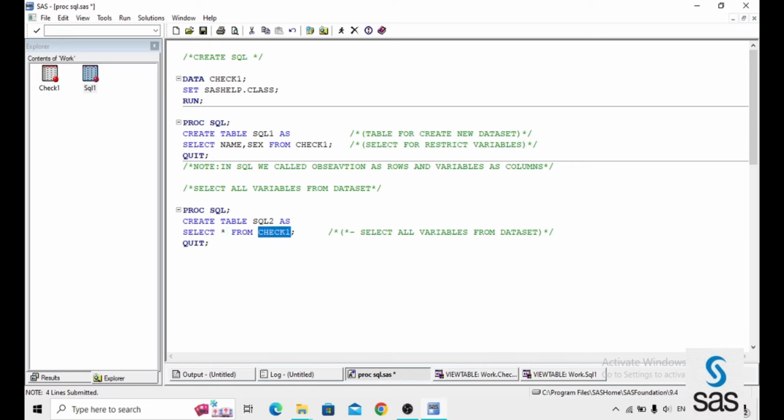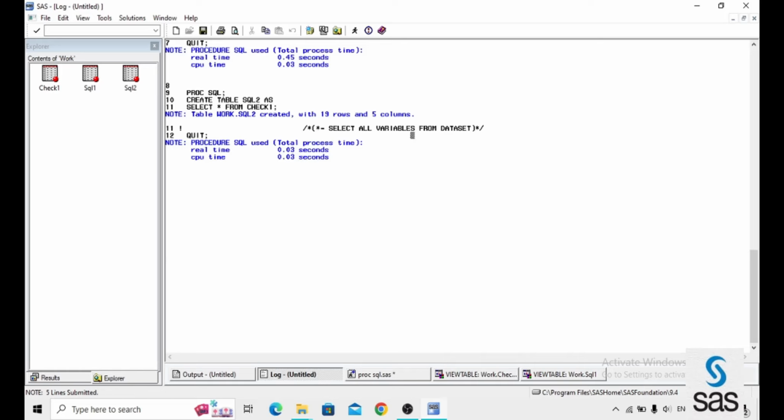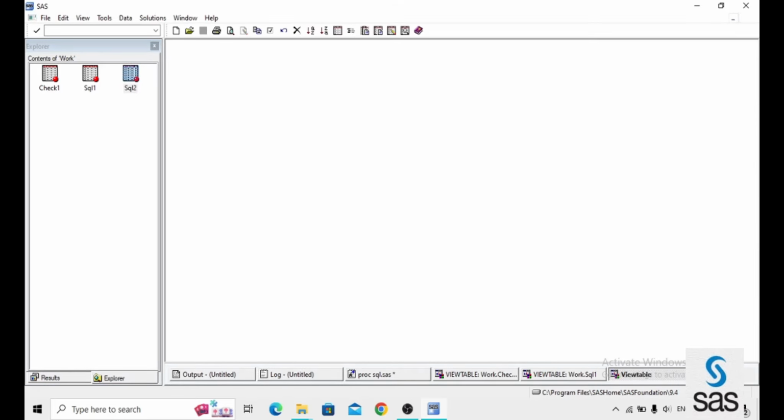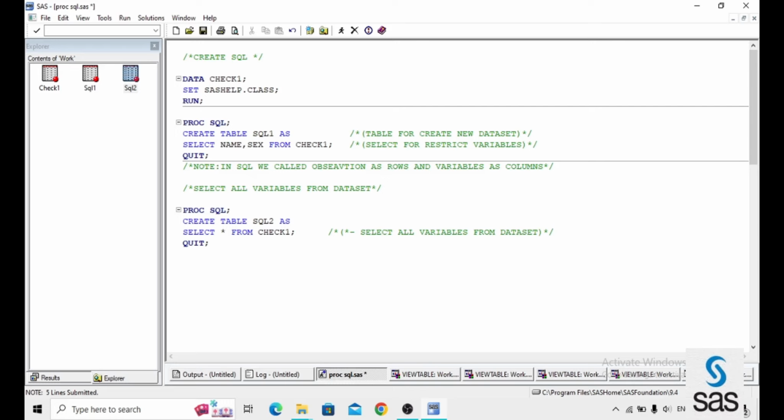From this dataset I need all variables, so simply we put a star. Now we are running this code. Log is clear. SQL2 is created with 19 rows, meaning 19 observations, and 5 columns, meaning 5 variables. Check1 has all variables and SQL2 also has all variables. Why? Because we are putting star here.